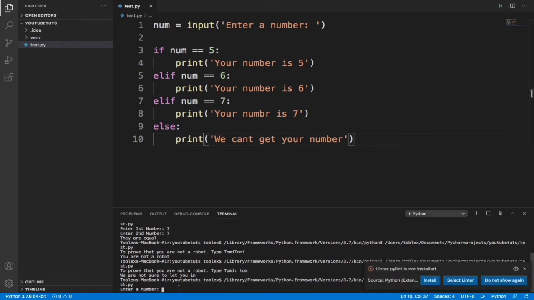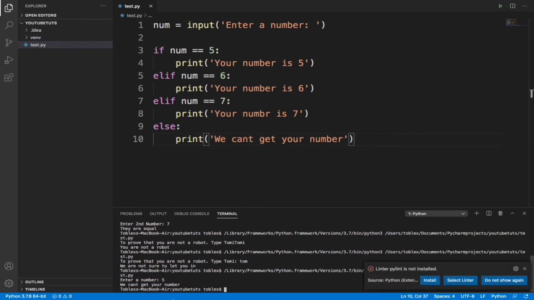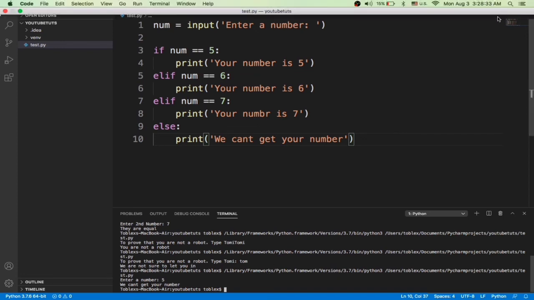Now when we print this, if we enter 5, you see, we entered 5 and it says we can't get your number. That shows that there is a mistake somewhere. It should say your number is 5. Okay, let's run this again quickly.